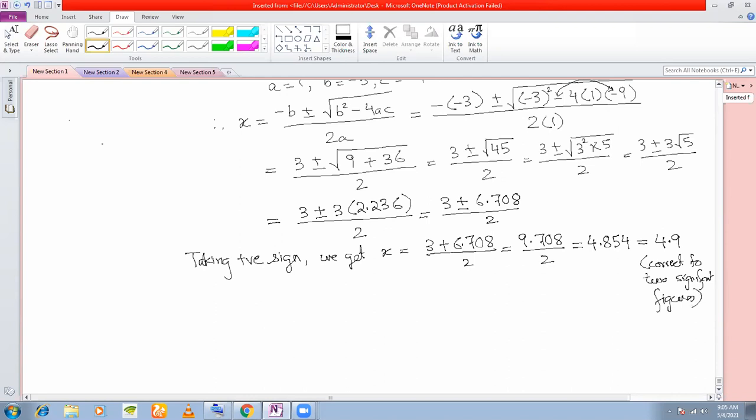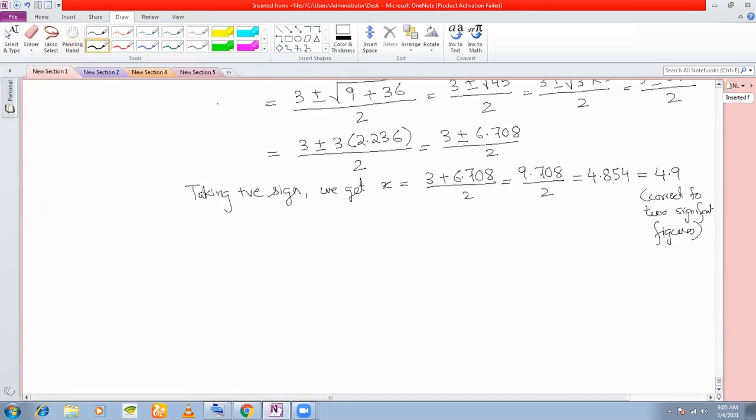Okay, now remember these two are not equal. 4.854 and 4.9 are not equal, but still I've given the equality sign here because I've written in brackets here: this is correct to two significant figures. Okay, next, taking negative sign,